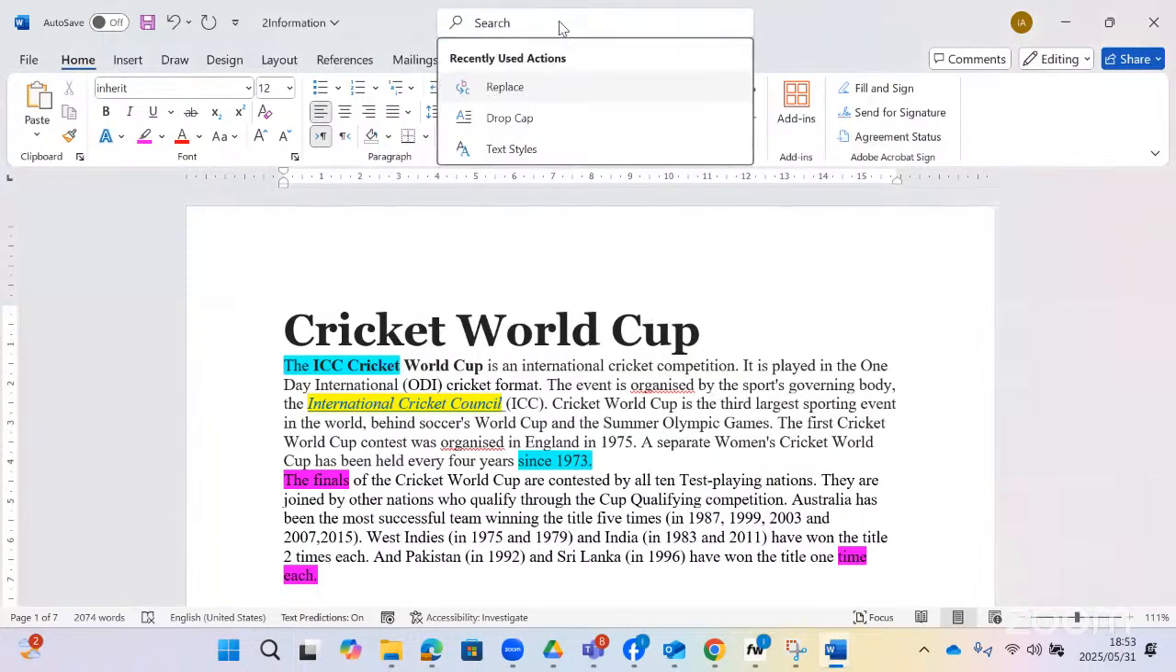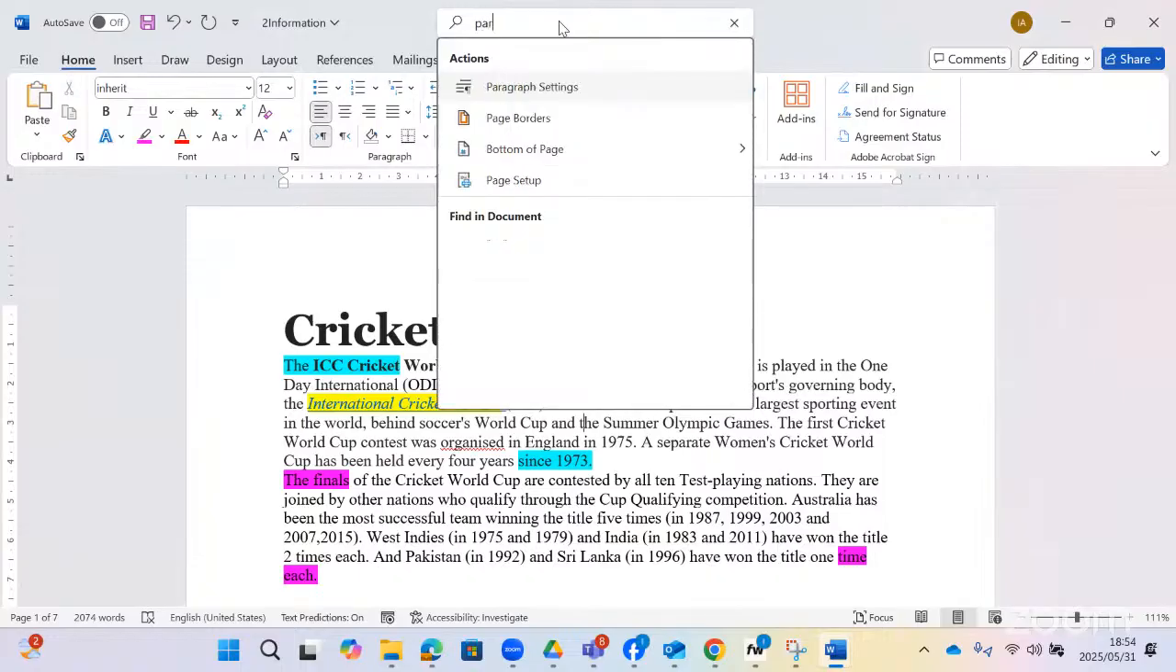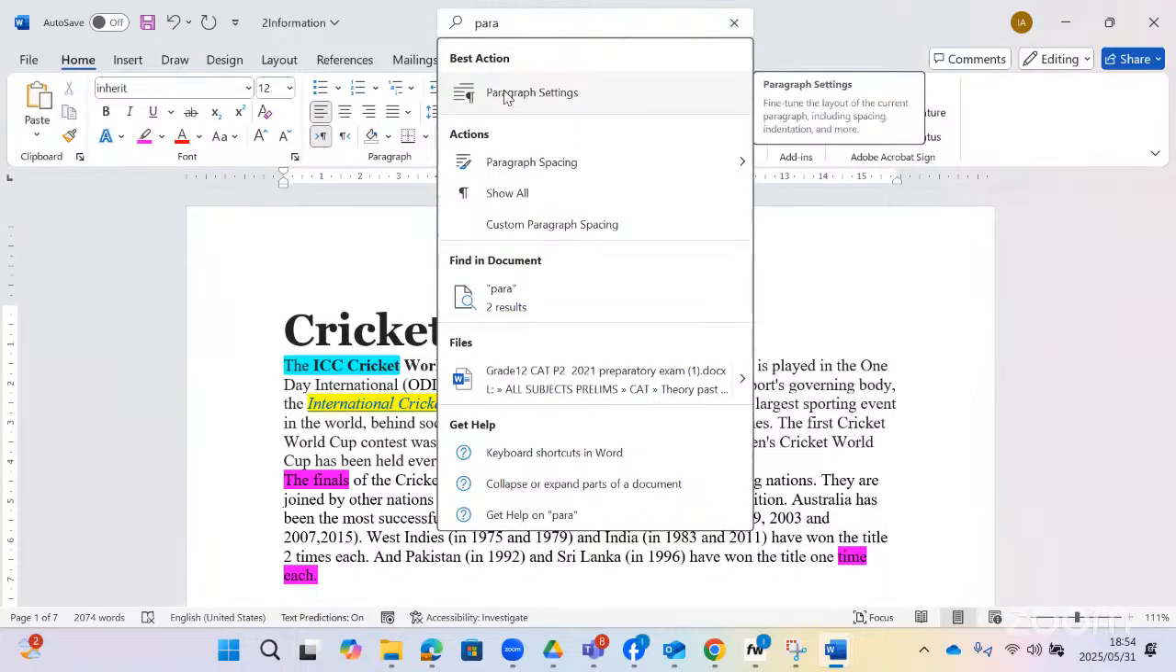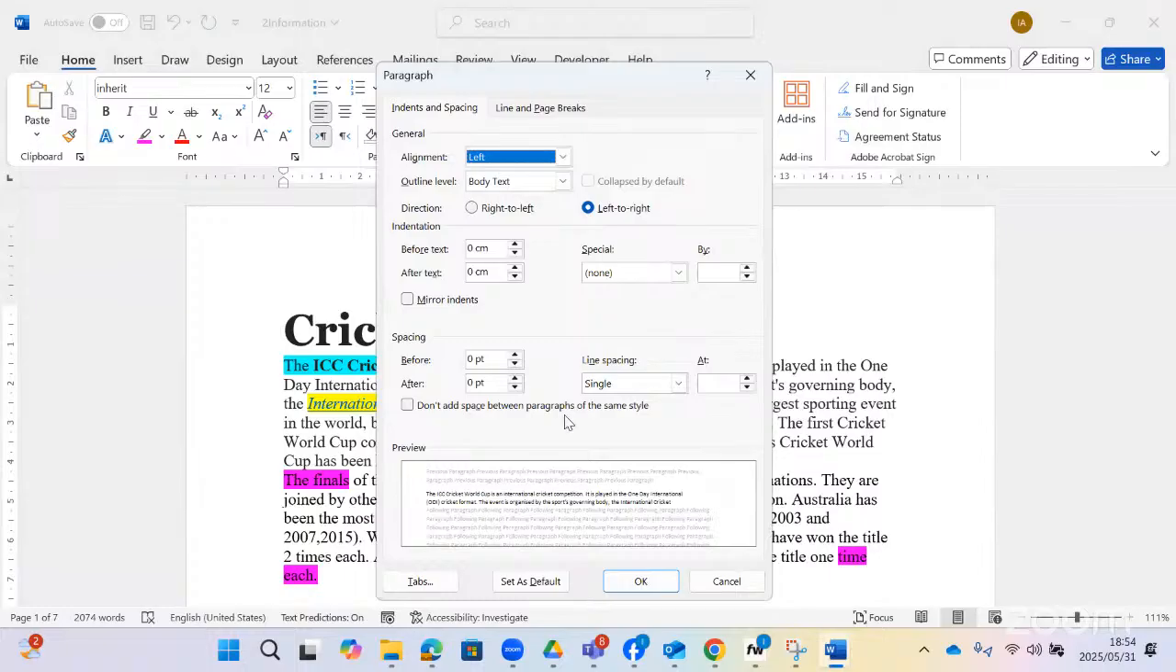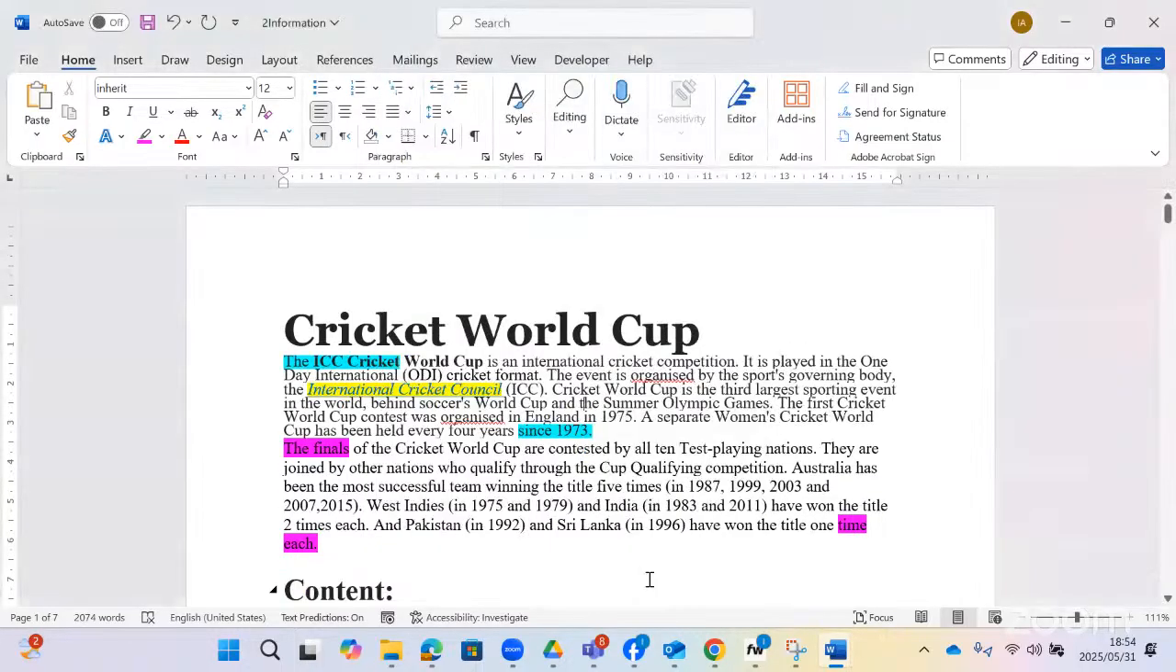Alternatively, you can go to search and then you type paragraph. Then it will give you paragraph settings. That is where we can change the line spacing. So for the line spacing you choose exactly, then you change it to the given pt. And then if they ask you to change the paragraph spacing,